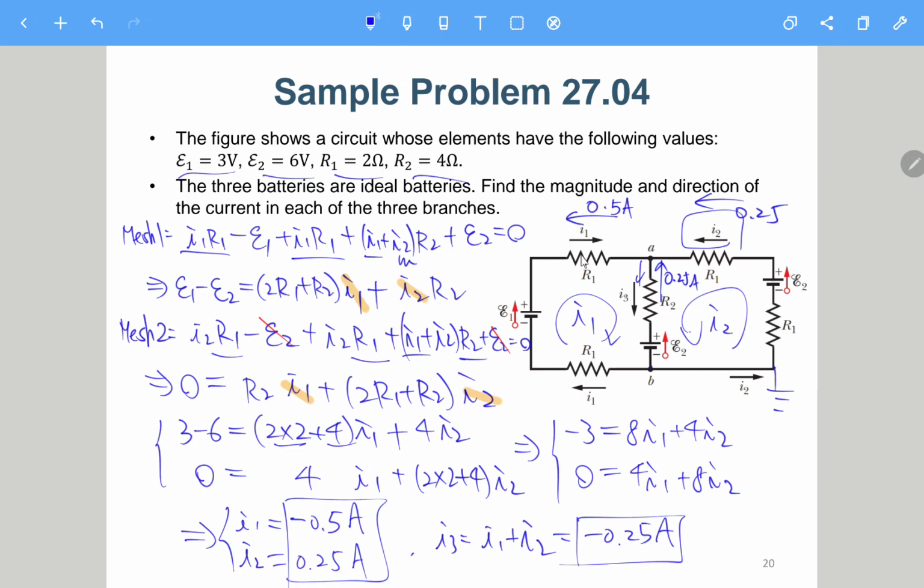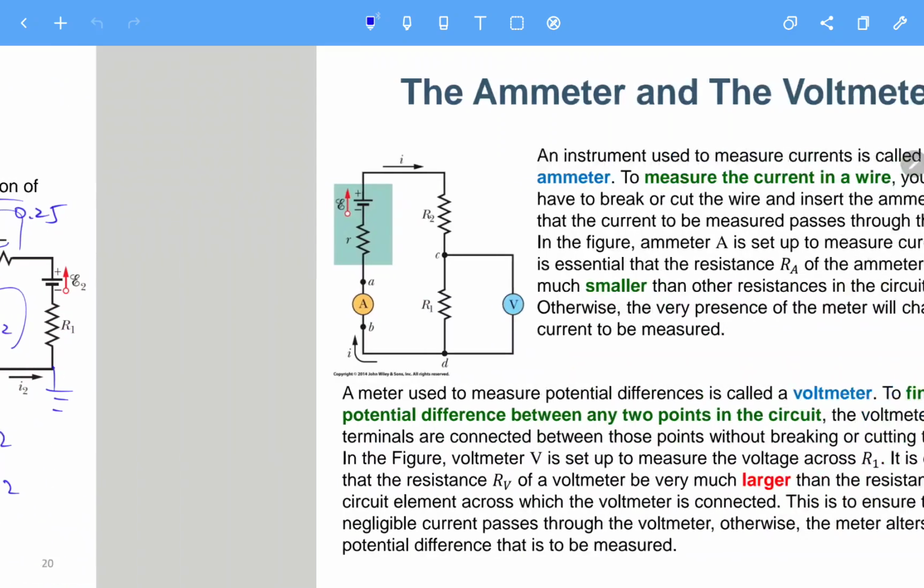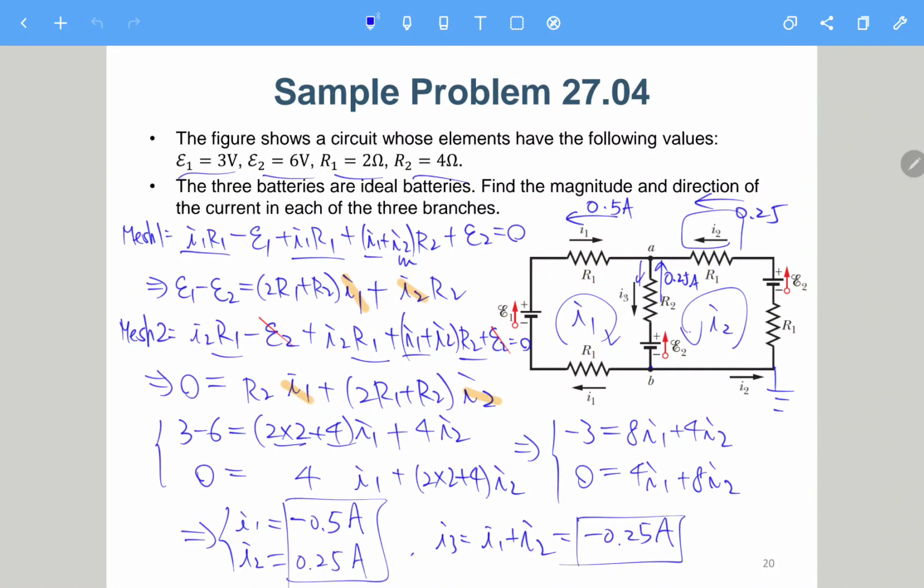So it doesn't really matter which direction you assume. As long as you make every step have the correct sign and the correct polarity, you get the correct answer, even though the answer may be negative, which means that it should be in the opposite direction. Okay, so let's have a